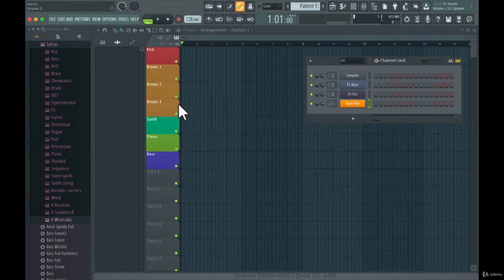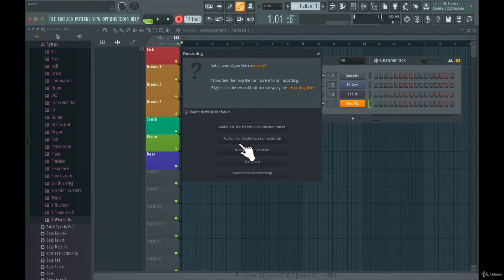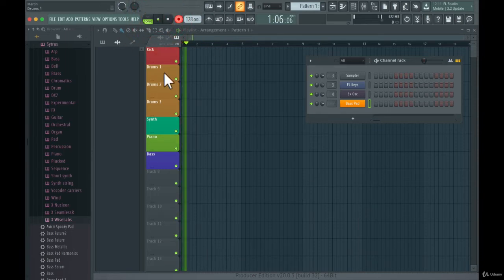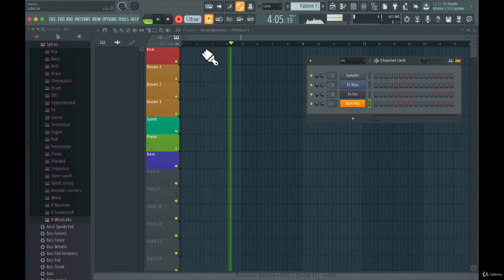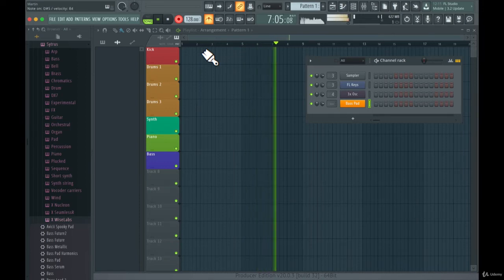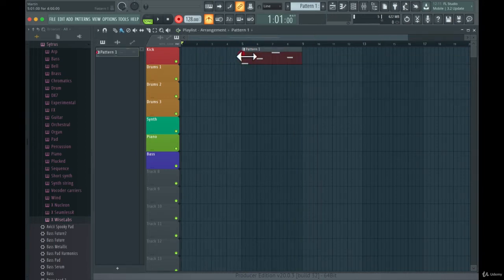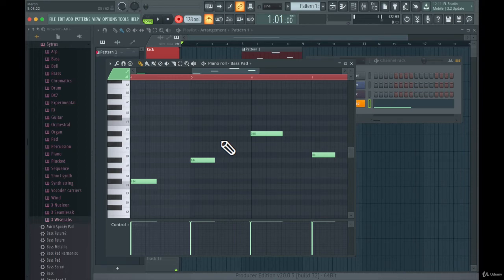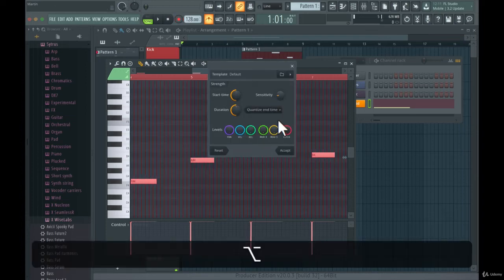So let's record this. If we click on the record button here and just go with notes and automation. Something like that. So let's see here. If we double click here, we're in the piano roll. So let's select everything here, and if we press Alt Q, we will quantize them.